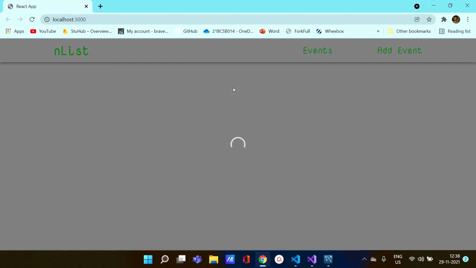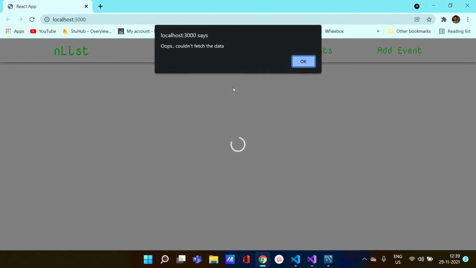It will take some time to deploy the application. As we already said, it is a to-do list application. By default, it is to view the events scheduled by the user from the database. But the error message shows that it could not fetch the data. This is because the waiter, in this case the API, is not active.